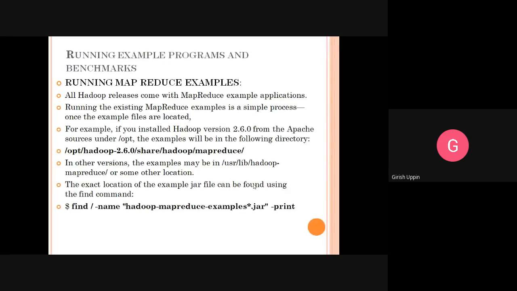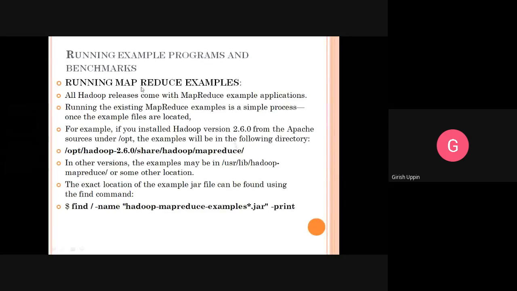First you have to search for where the example programs are located in your particular version. For every version, the location of the MapReduce examples is different. For that, you have to do a search.